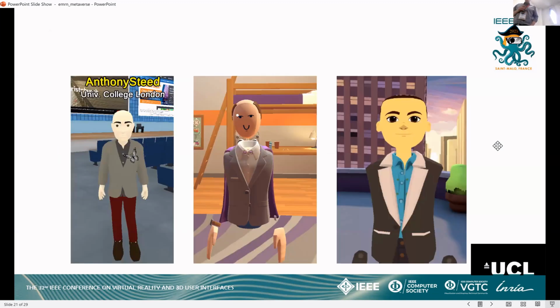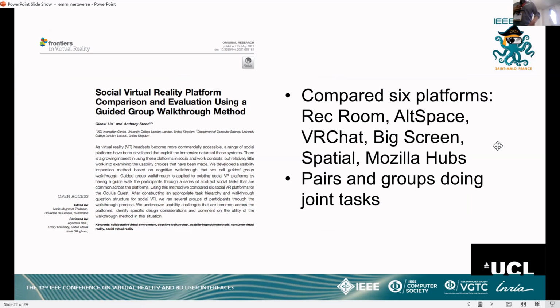This is me on some of them. If you see me in my group, it's quite easy to tell who's who. Marco will talk more about avatars, but we're more interested in usability and the sort of tasks that are required to interact with these systems. So, for example, this is a paper I wrote with one of my master's students that